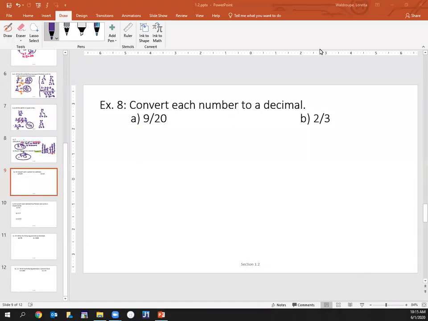This is the final and third lecture for 1.2, where we're dealing with changing fractions to decimals, decimals to fractions, and percents to decimals, decimals to percents. To convert a number to a decimal, you're going to divide